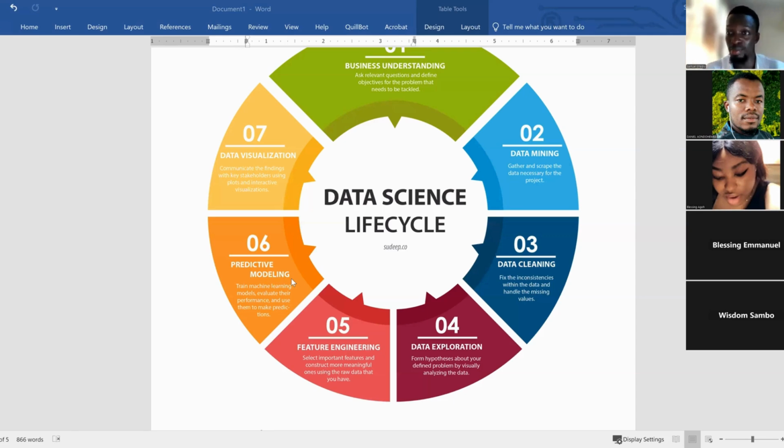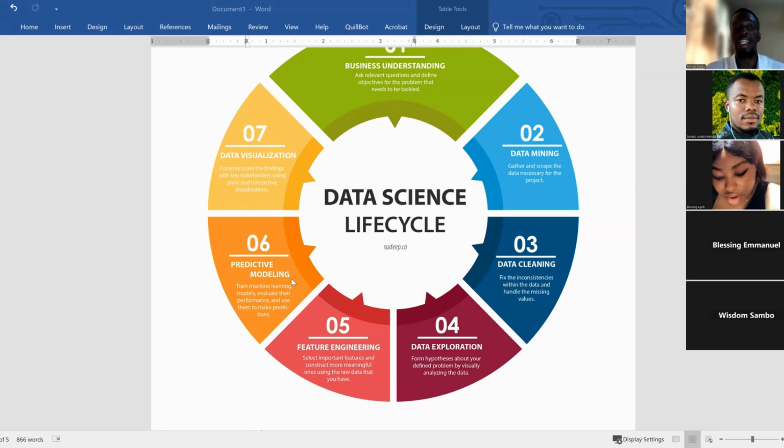Have you guys seen an Excel sheet before? If you've seen an Excel sheet, you see that there are columns. And in data science, not all information is useful. Are you guys following? Not all information is useful. So you look at it very well, and you say, okay, this particular column is not useful, then you delete it. That's basically feature engineering. So feature engineering means all the important features, all the important columns, the meaningful ones, you keep them. And the ones that are not useful, you delete them. There's a way we use Python to do all those things. When we get to that stage, we'll look at it.